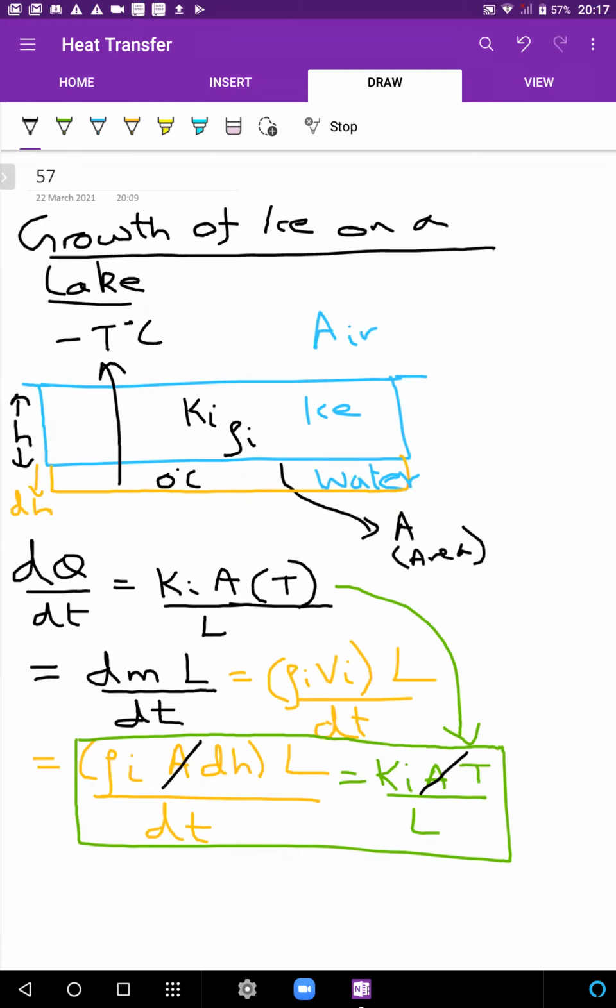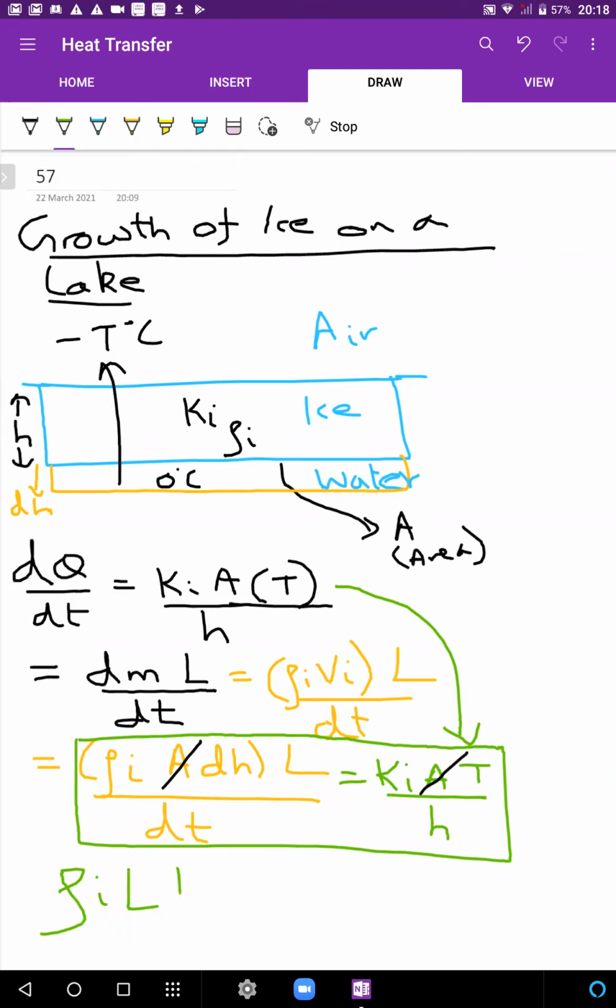There could be slight confusion, so this would better be written as height. Let's write that here itself. So K A T by length was actually h. Length was actually h. Here pe bhi h, right? And now we can see dh and h is one variable and time is the other variable. So separate the variables and then just integrate.